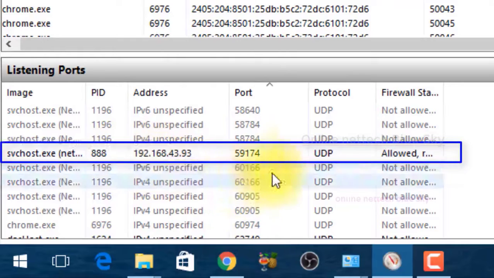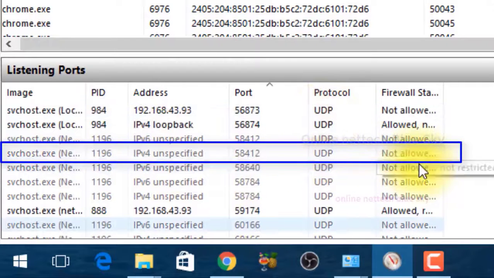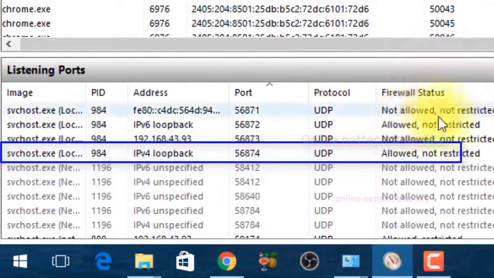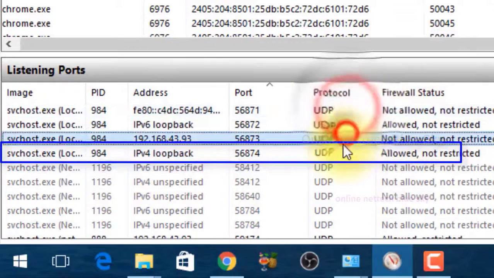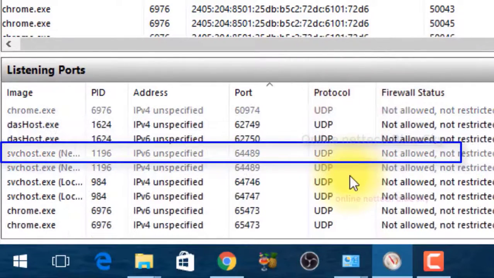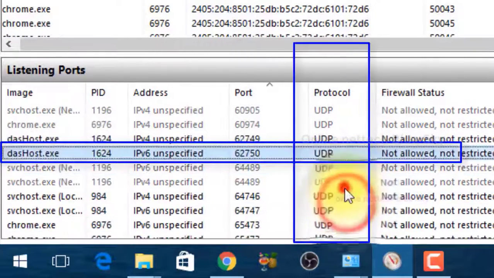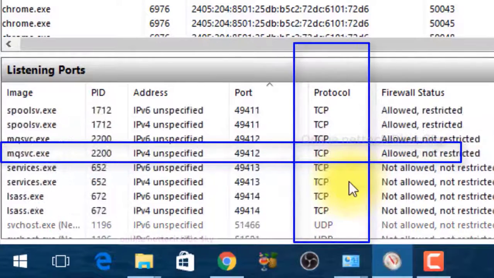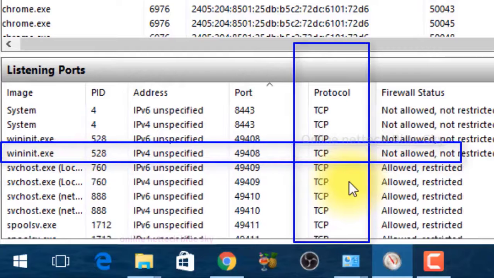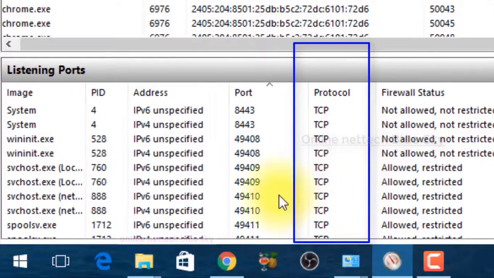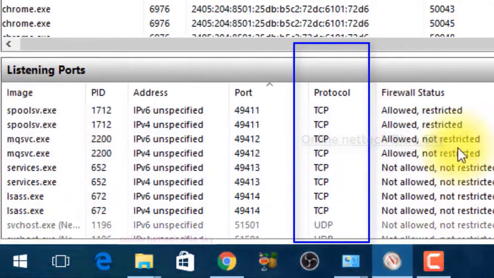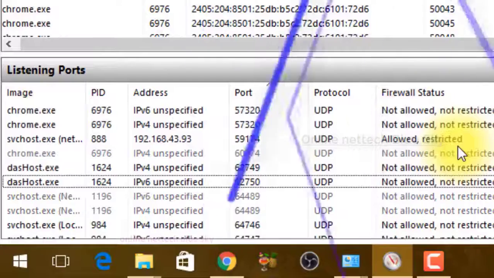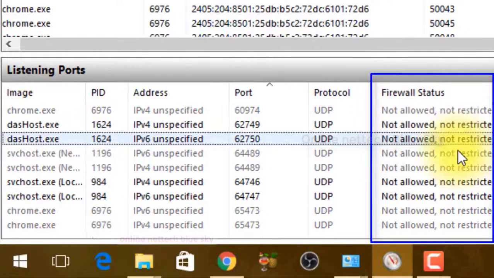You can see svchost.exe. This shows me the firewall status, which means allow or not allow, and the UDP and TCP protocols I already told you about. UDP protocol and TCP protocol, transmission control protocol, are two types of protocol that work in a network. And firewall status means the firewall is one type of network security.